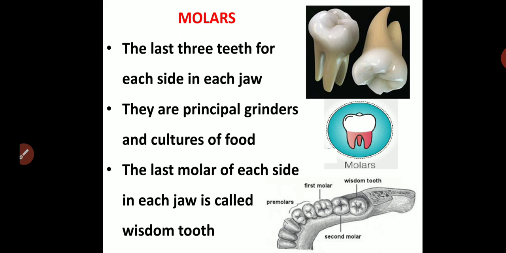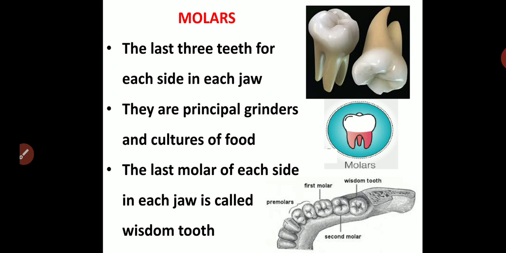Here you can see the molars. There are 6 molars in each jaw, one on either side. Okay. So they are also meant for crushing and grinding the food like the premolars. They are larger than the premolars and they have 3 to 5 cusps. Compare this diagram and the previous diagram shown, the tooth. So you can see the number of cusps differ here. Here they have 3 to 5, whereas the premolars had only 2 cusps, so they were bicuspid.